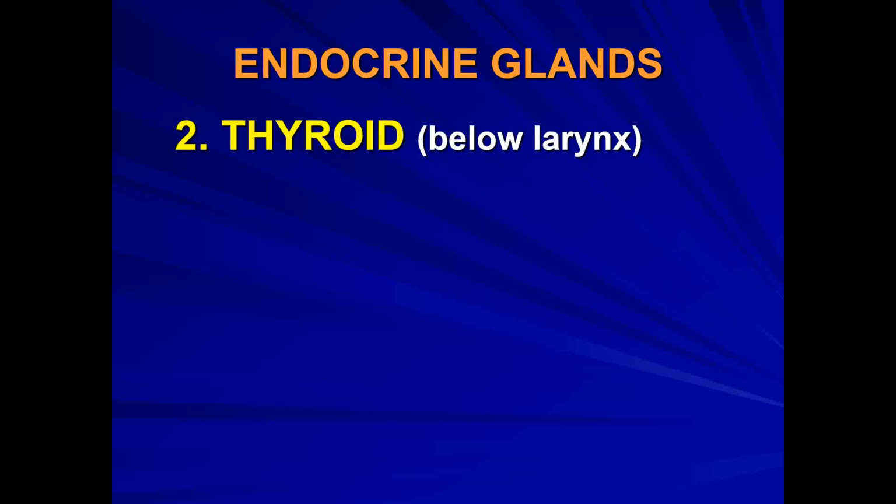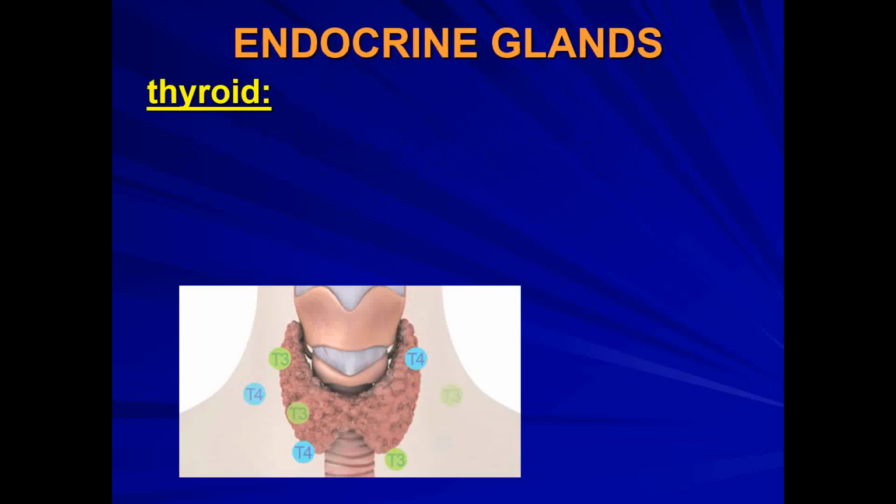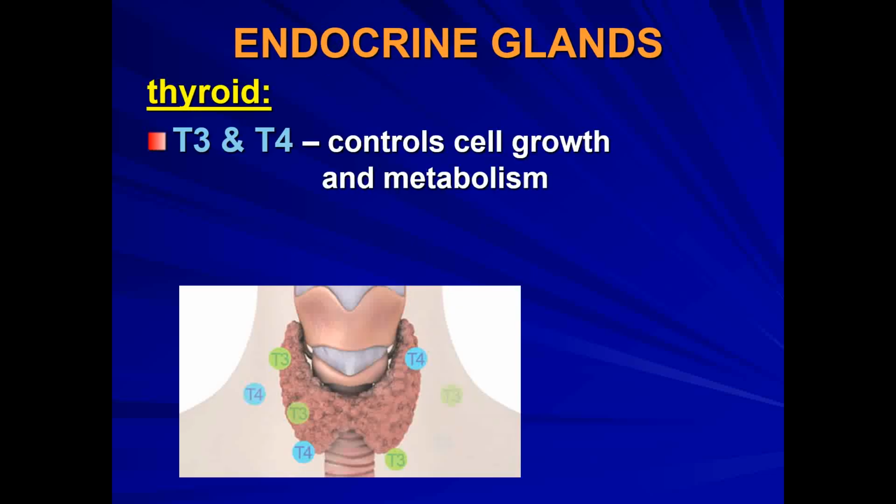All right, we continue our list of endocrine glands. We have the thyroid gland. It's located in the neck region below the larynx. The larynx is your voice box. It's kind of the pink tissue in this diagram. I've heard it described sort of as a letter H, a big capital letter H, as it wraps around your trachea below your larynx. The thyroid gland is going to produce thyroid chemicals.